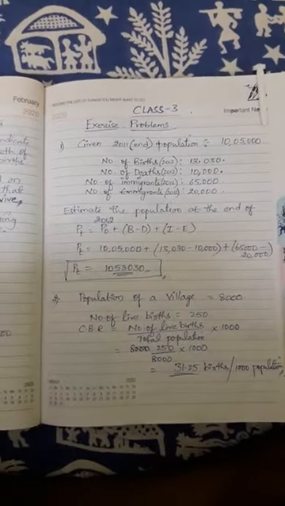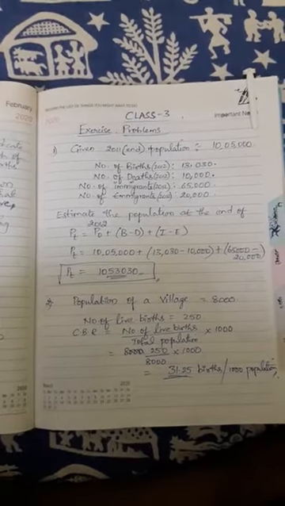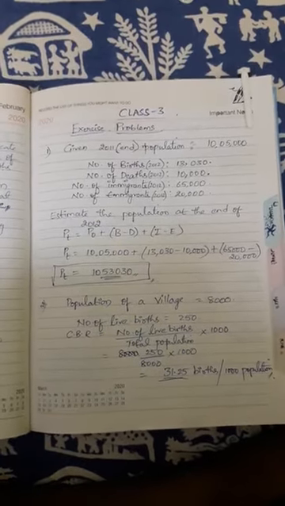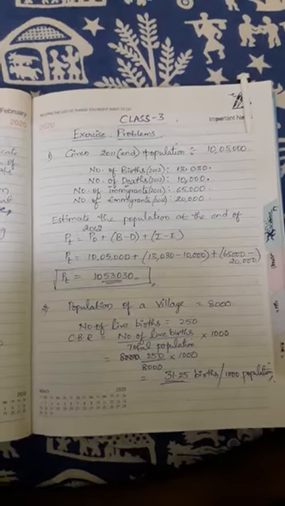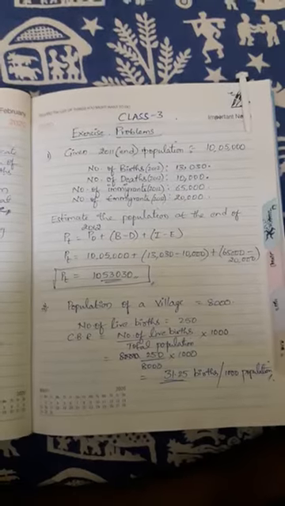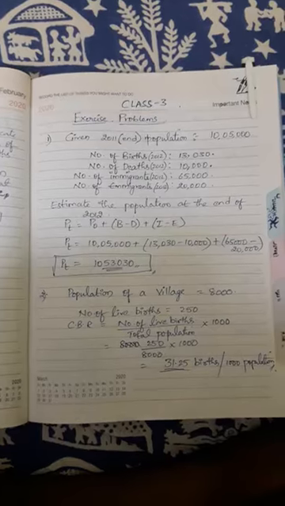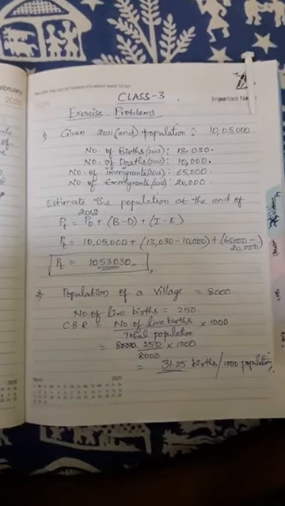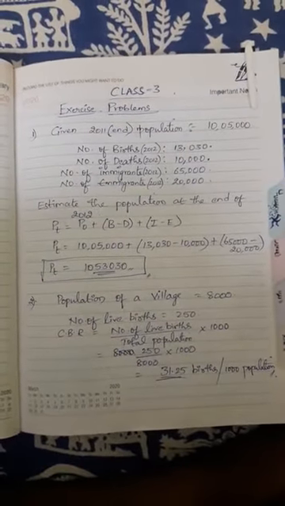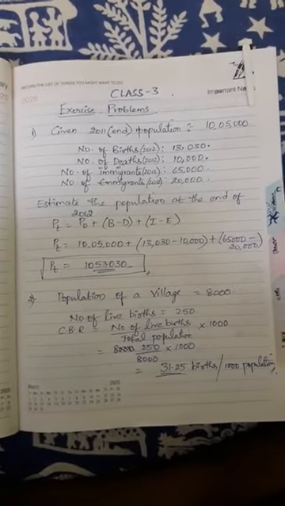Similarly, if you calculate like this till 2020, at the end of 2021 the population will be announced in public. I mean, the population will be declared in India, isn't it? So this is how the population has to be calculated between intercensal years. So please note down the question and the solution. Exercise question 1 it is.